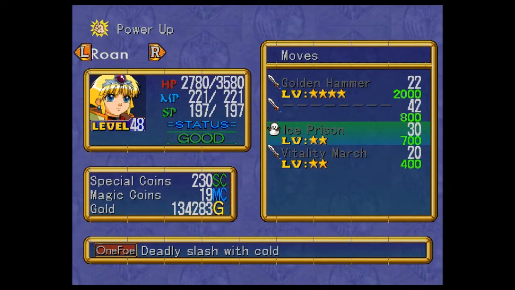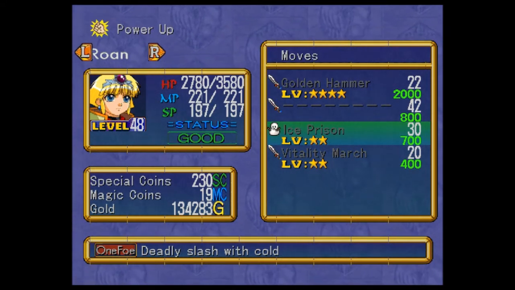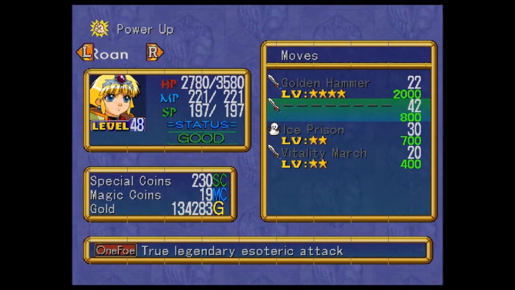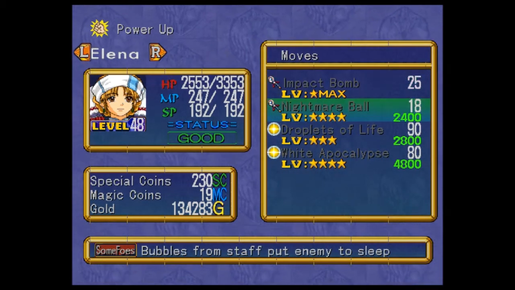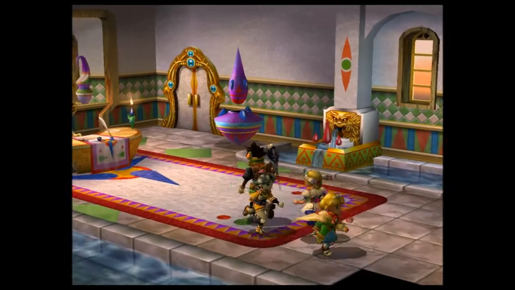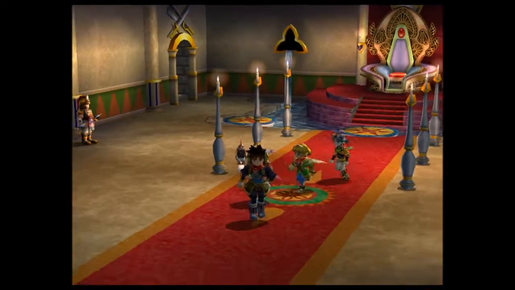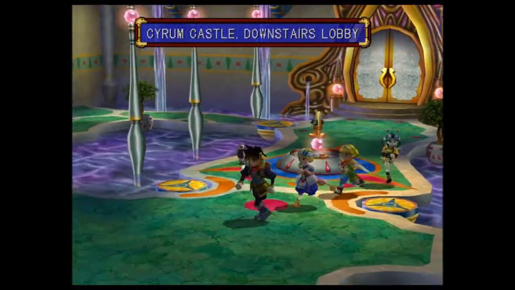Ice Prison is no longer the snowball attack. It only works on one enemy. And we get the true legendary esoteric attack, which you will all find out later. Because mostly we're going to be investing our skill points into Rowan right now, since he's the only one that doesn't seem to have strong skills, and we're going to base a lot of what we do skill-wise around Rowan. Rowan's going to be our skills specialist next to Ryudo, who does very well at both things. So now that we've done that,